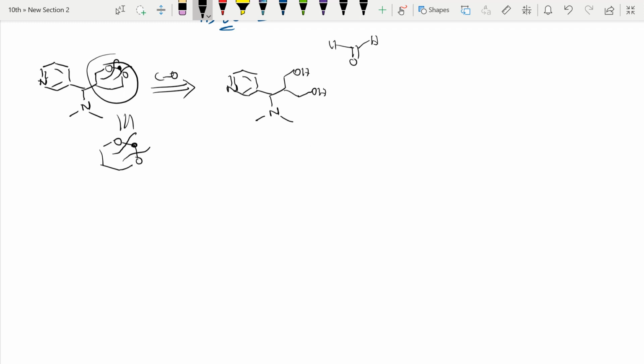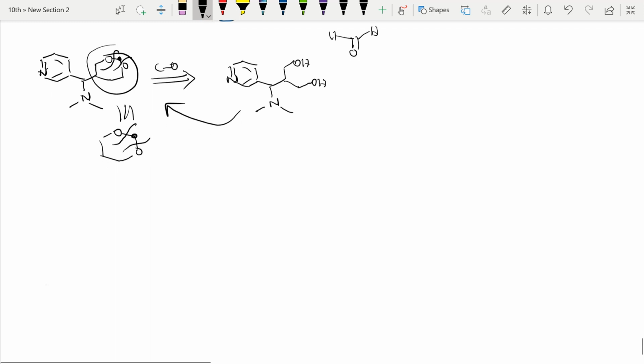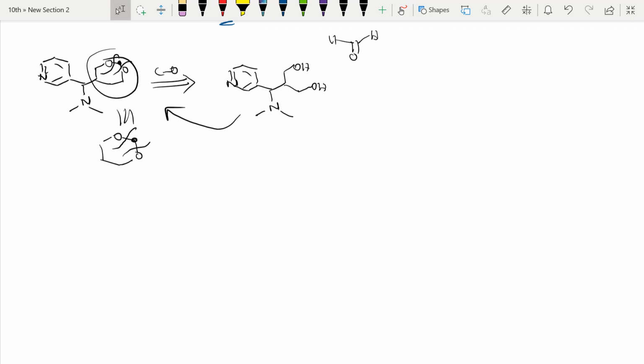If I react the same thing, whether I will get it or not, yes, I will get the same back. During the reaction, if you write the reaction, you will get to know. I'll show you the reaction. Then I will do functional group interconversion. I will convert this alcohol into esters. I have told you esters are a stable form, and some reactions we have also seen.